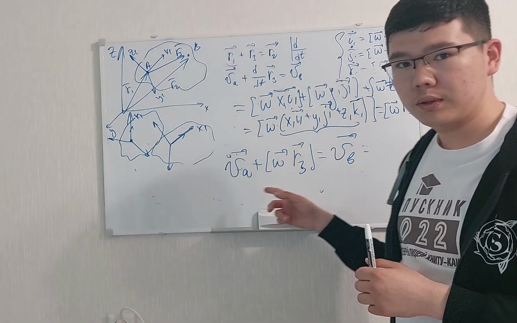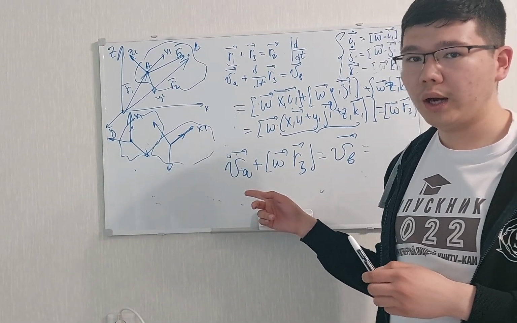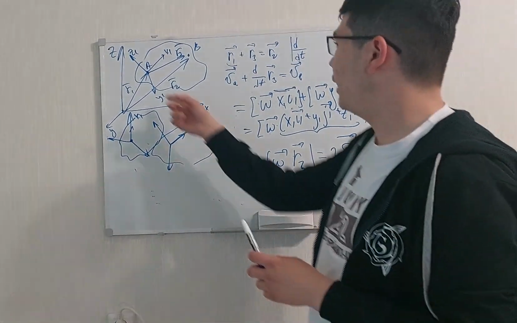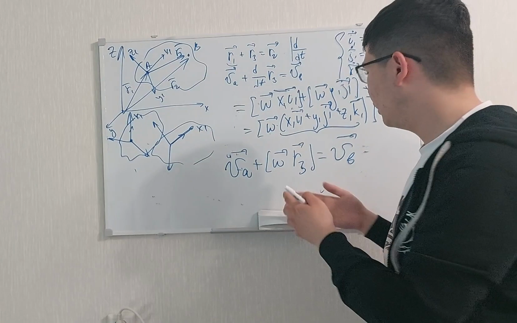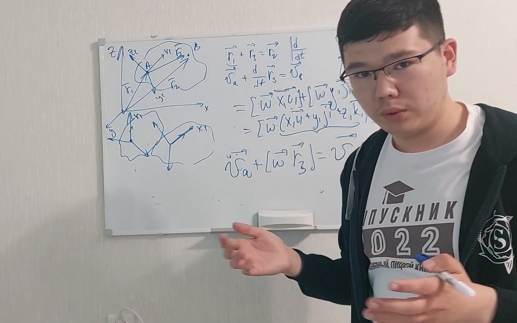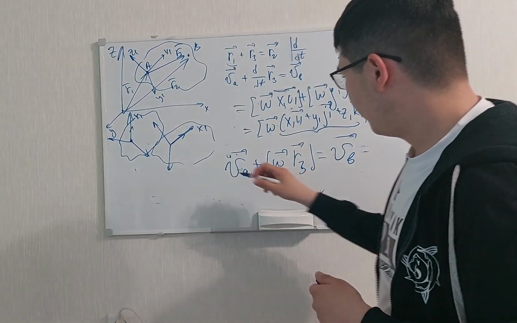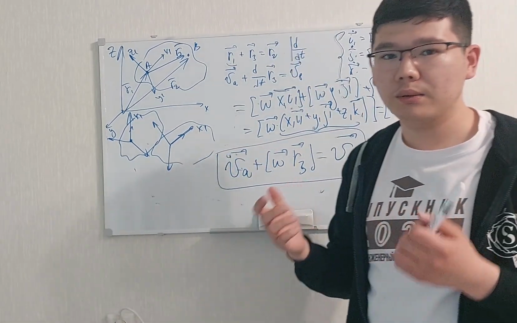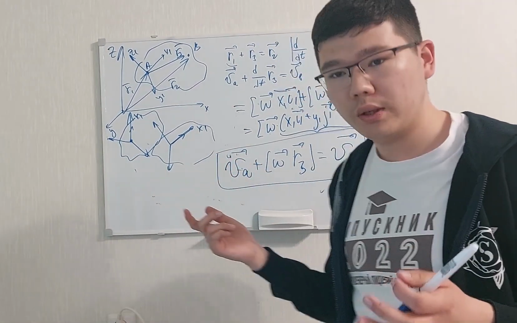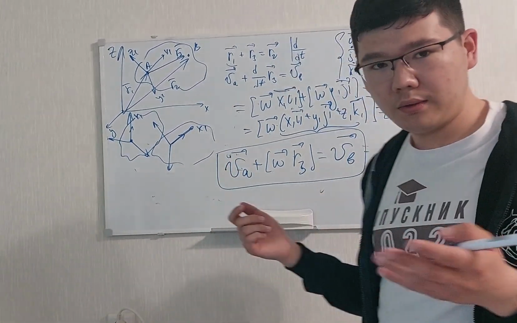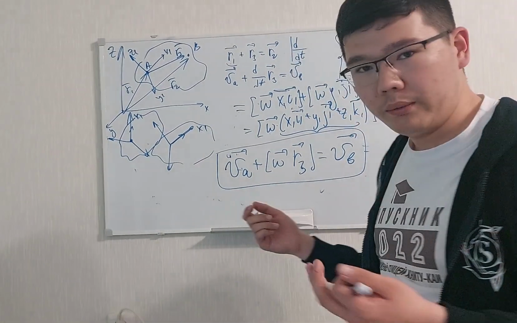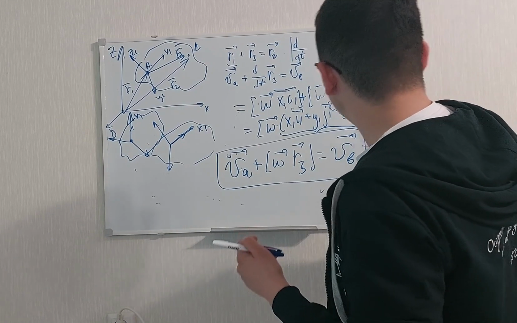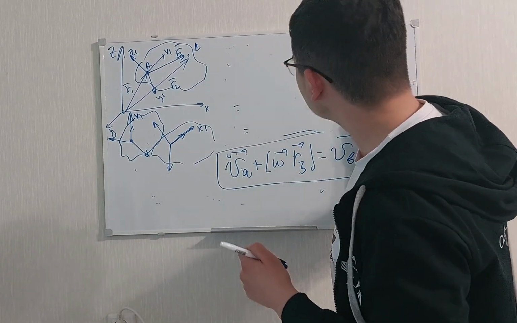This formula is also called the Euler formula. It's quite useful, because if we know the velocity of any point, we can find the velocities of any other points. Now that we have this formula, we may ask how the accelerations of the two points are connected with each other, and we can also answer this question. But what do we have to do to answer this new question? In fact, we have to do the same